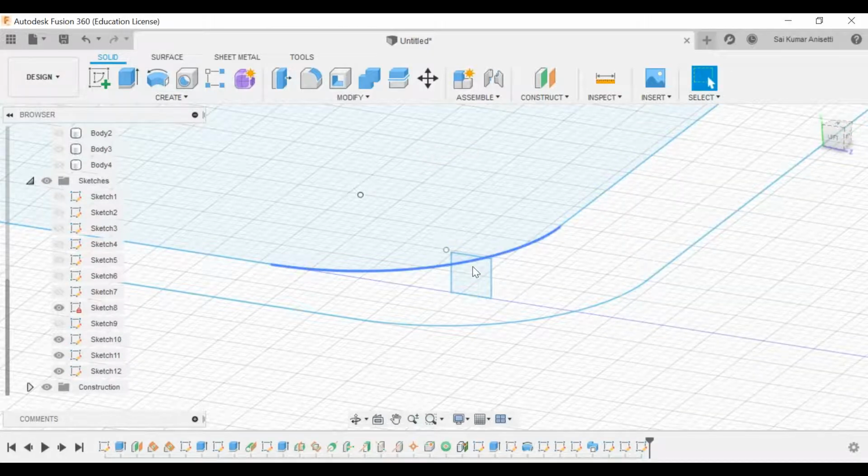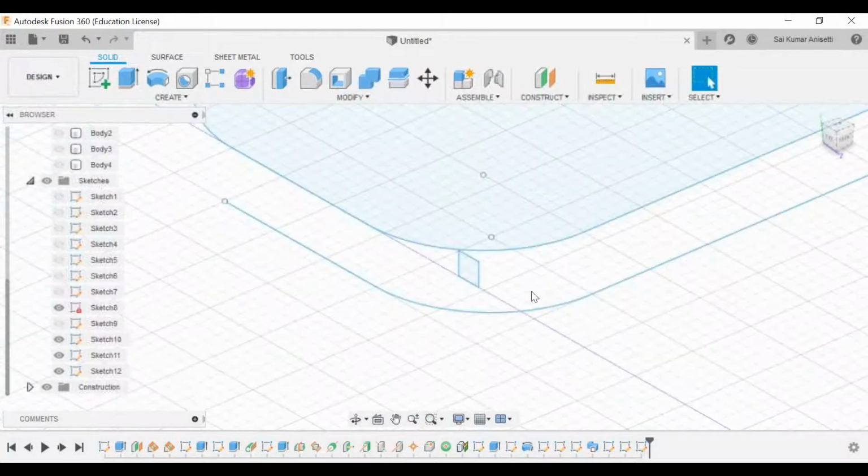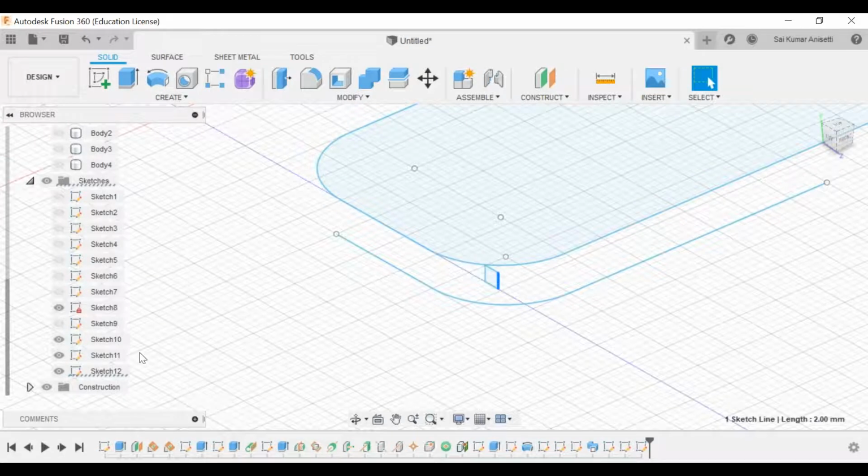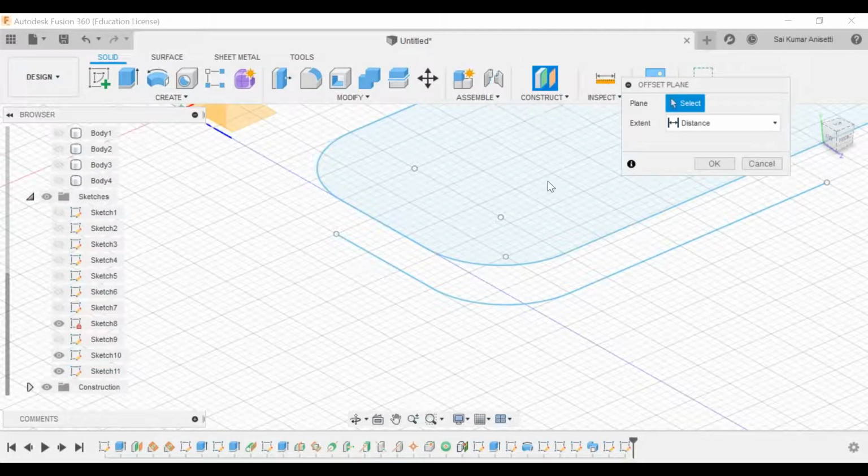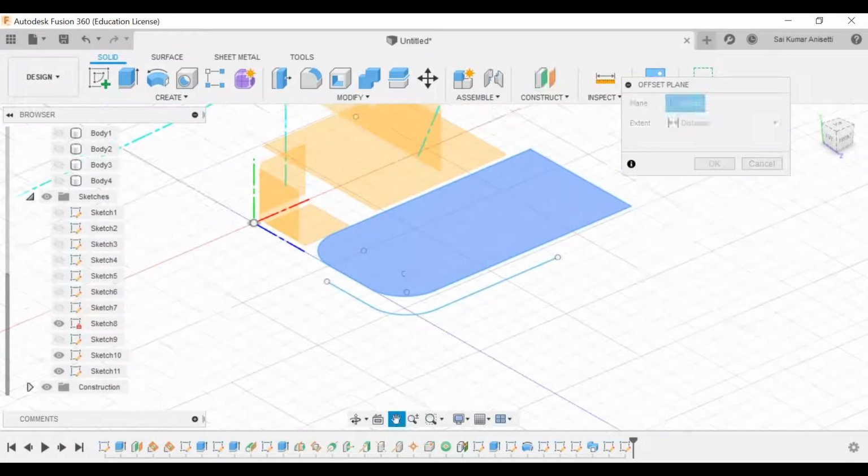These are not intersecting. So what I'll do is delete the sketch. I'll create a plane at a given offset.